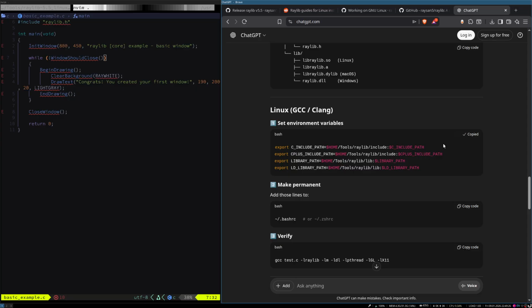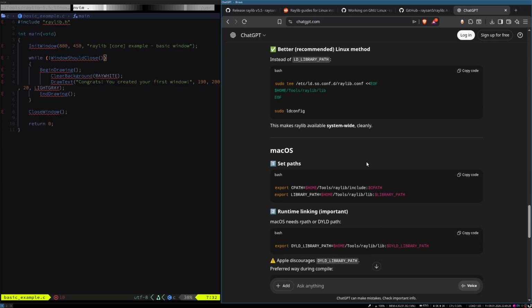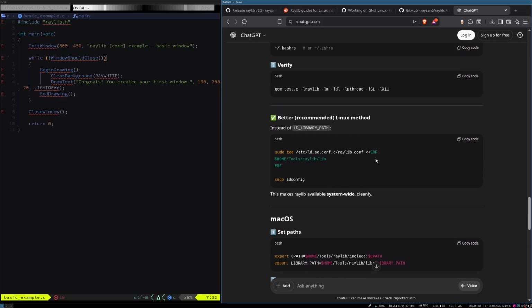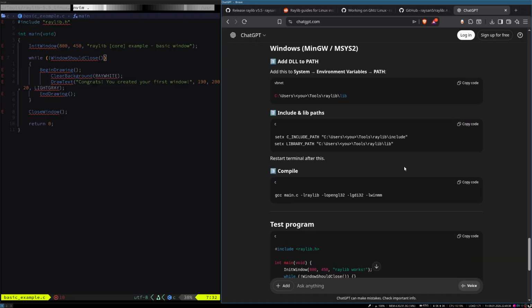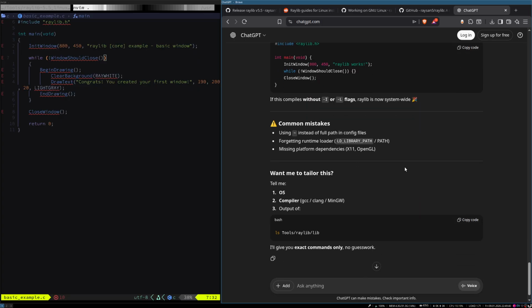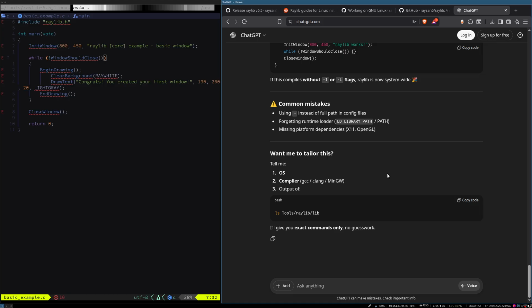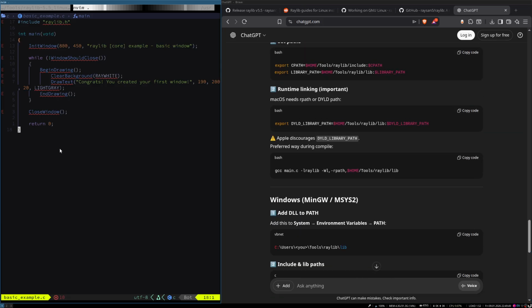I'll just copy this. Better way instead of set path. Windows need. Yeah, okay, so